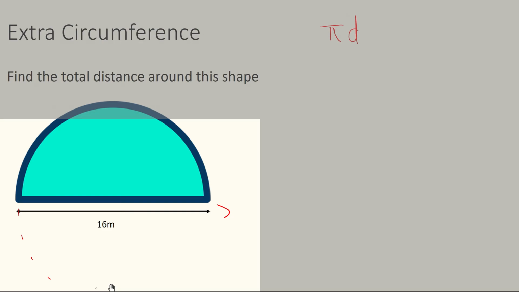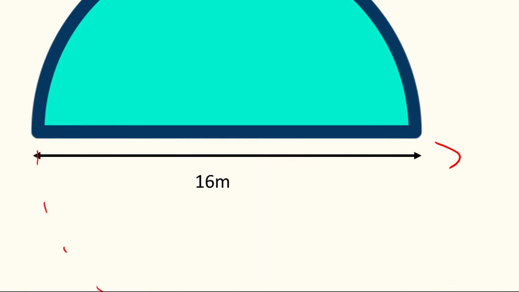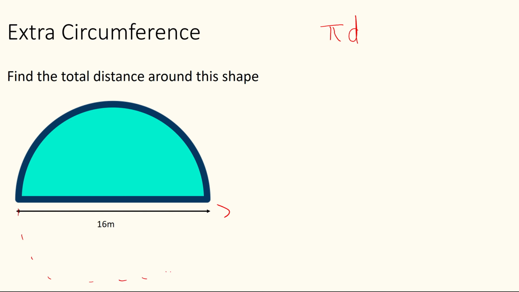So we'd have to imagine, oh, something funny has happened to my computer then, all the way around here, and then I'll just divide it by 2, so I only get half of it. So let's do that. So pi times the diameter is 16. So pi times 16 is 50.265, and it carries on, but I'm just going to leave a few numbers there, and if I need to round, I'll do it at the end. So that's a full circle, but I only want half of it, so I'm going to divide it by 2,